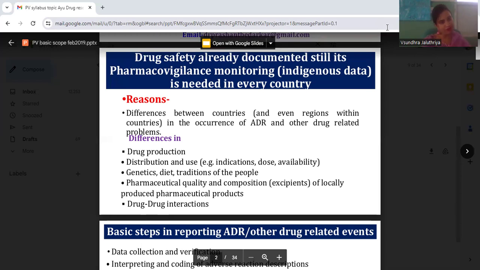Okay, that is a modern part of Rashastra and a very famous and very popular topic in the present scenario. Basically, pharmacovigilance is drug safety. Monitoring of indigenous data is needed in every country. Reasons: differences between the countries